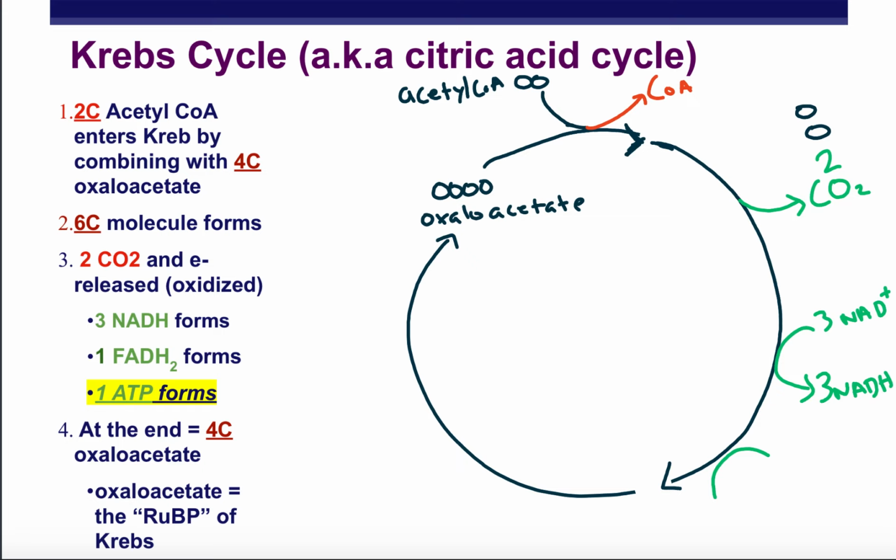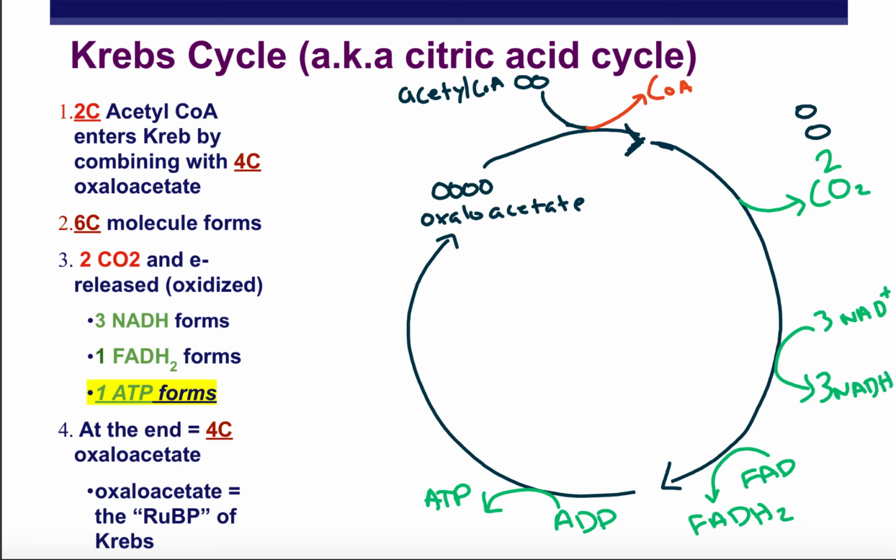And 1 FADH2 is made. Okay? And 1 ATP is made. And that's basically what you need to know. And in some cases, like on our final, I won't even ask you to memorize the number. You just need to know acetyl-CoA comes in, the coenzyme A leaves, all the carbons leave as carbon dioxide, you get NADH,